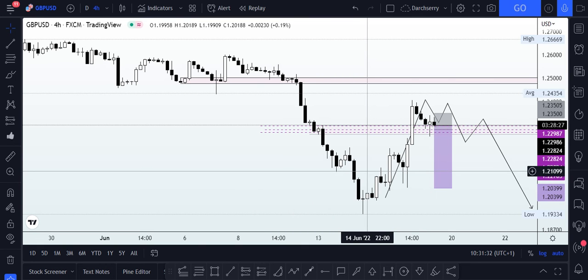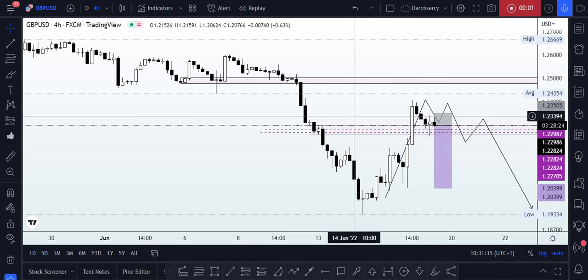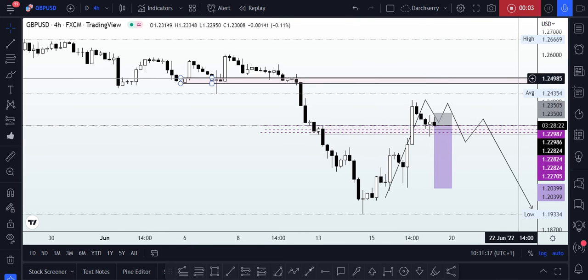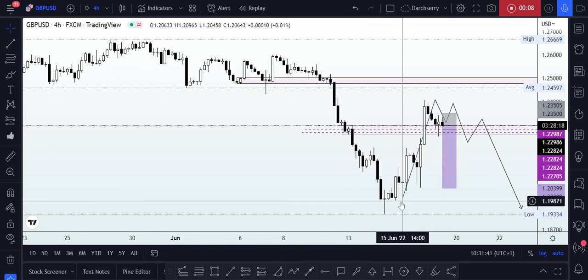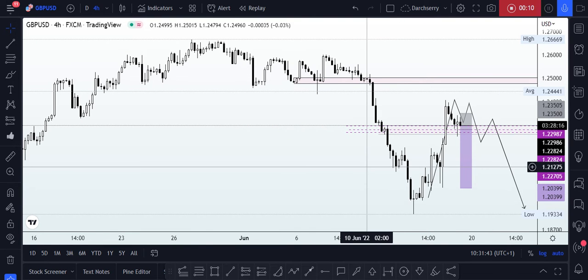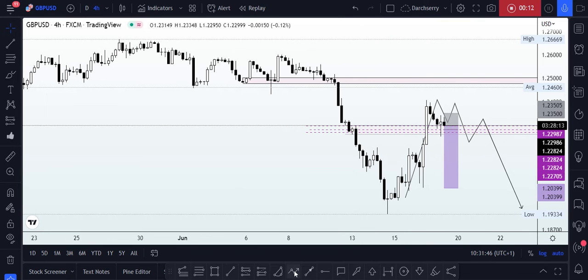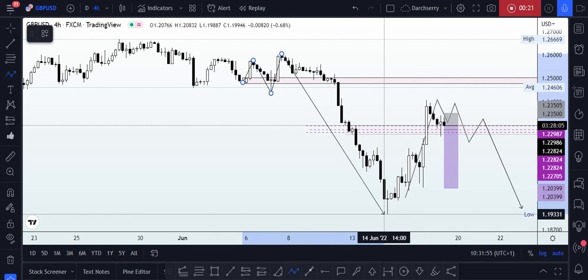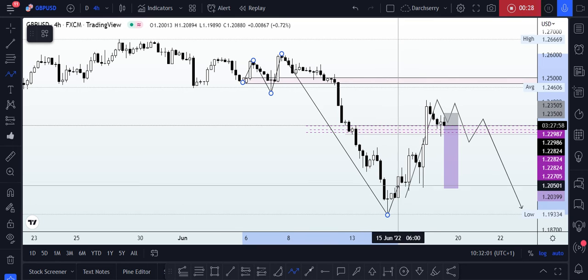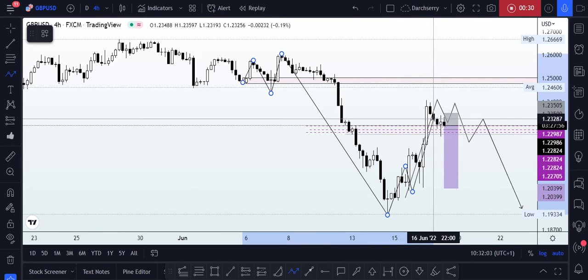I have identified a simple setup here on the GBPUSD. If we look at what is happening on the 4 hours time frame, we will notice that price has been bearish since last week's trading session. As we can see, our price has consistently moved from where it was during the course of last week's trading session down into 1.92 area during the mid part of this week, and it appears we see something that looks more like a retracement of that